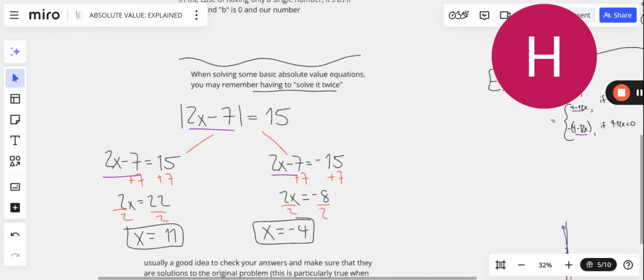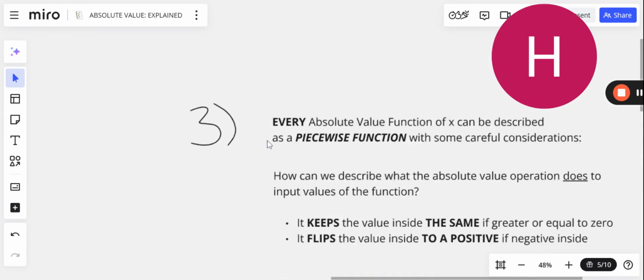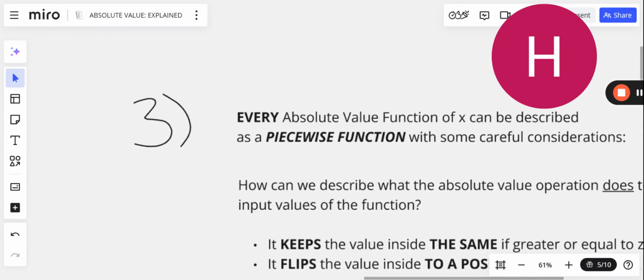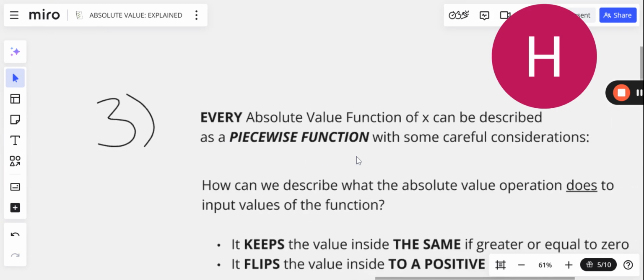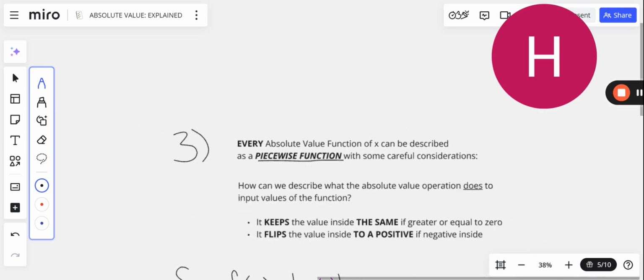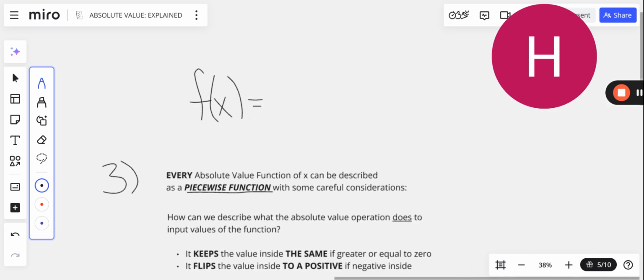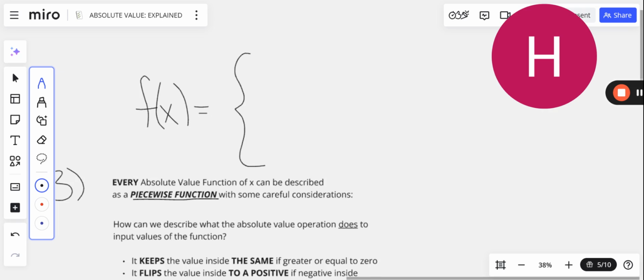All right, now we're going to step into something that's a little bit more advanced, which is looking at the absolute value function as a piecewise function. Remember, what is a piecewise function? A piecewise function is when we take several different pieces, it could be 2, it could be 3, it could be 4, and we create a function which exists in pieces over a certain domain for each piece. And altogether,